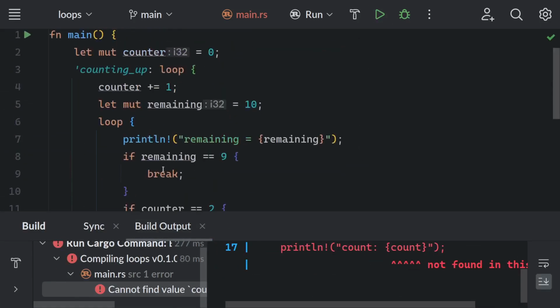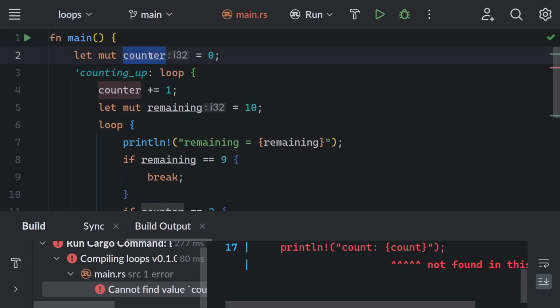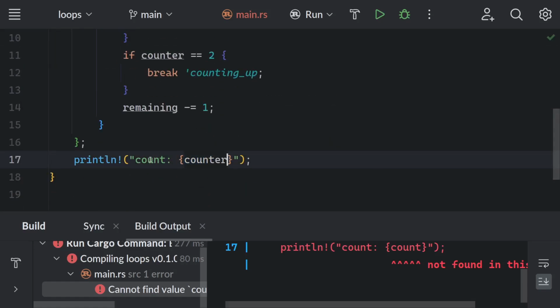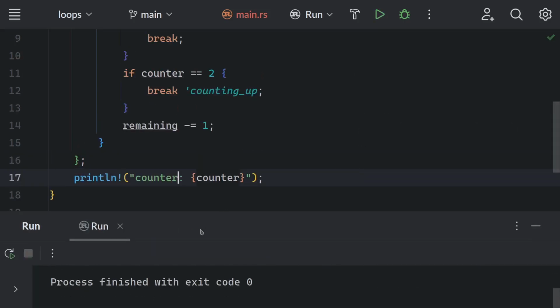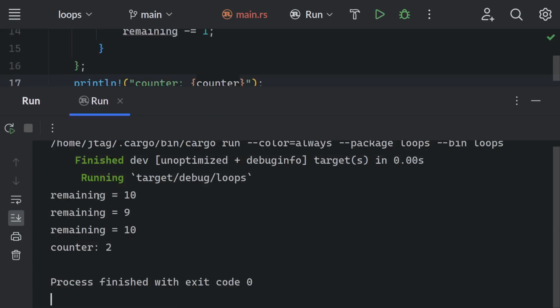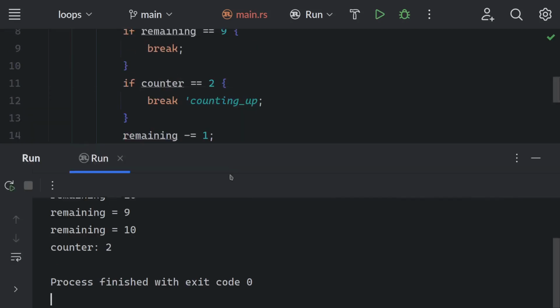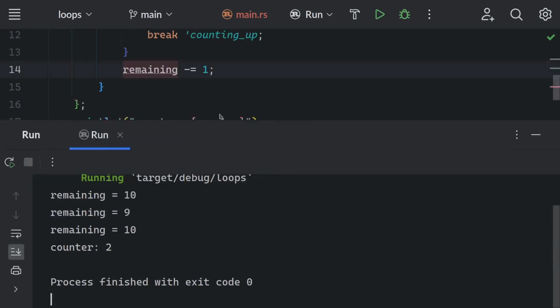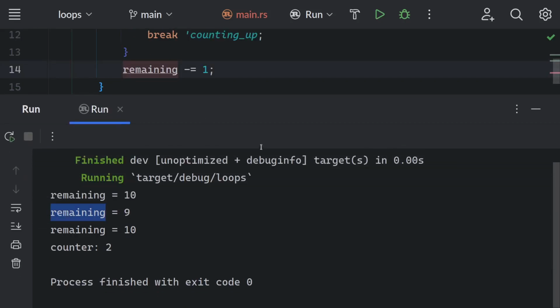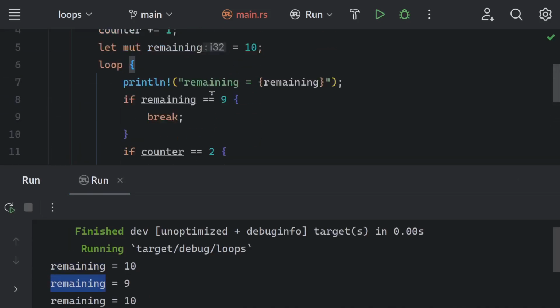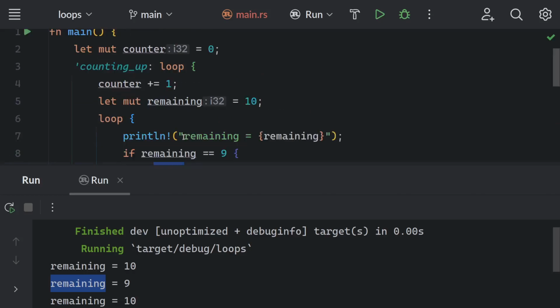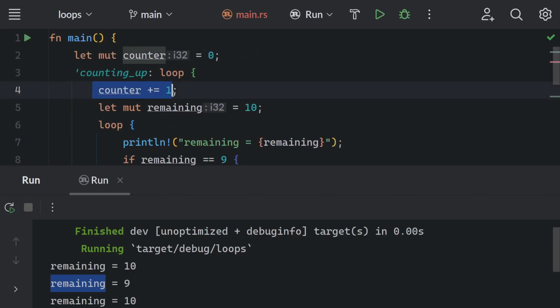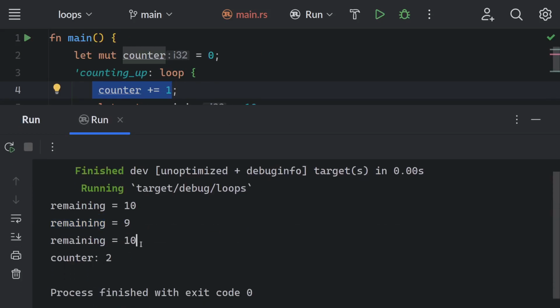Oops, here I need to use the correct name of a variable, and now you can see we have remaining, which is 10, and then we reach here and subtract 1 from remaining, and when the remaining is 9, this section will break out of our loop, and we go up here to add another one to counter and start the inner loop from scratch,